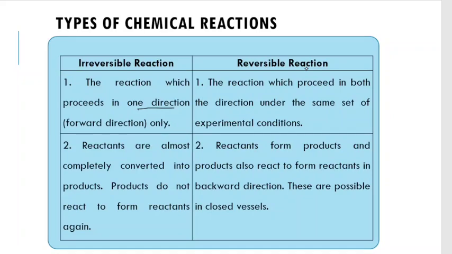A reversible reaction proceeds in both directions, forward and backward, under the same set of conditions. In an irreversible reaction, products do not react to form reactants. But in reversible reactions, products have the capacity to react to form reactants again in the backward direction,